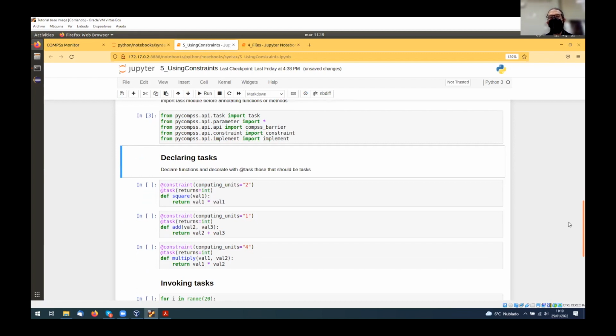This declaration is very simple with PyCOMPSs because you only need to add another decorator on top of the task decorator, which is the constraint decorator, and add the characteristics that you want for that task. The most common is to declare the number of computing units. Like in this case, I want square to use 2 computing units, which means 2 cores, or 1, which is the default for add, or I want to use 4 cores for the multiply